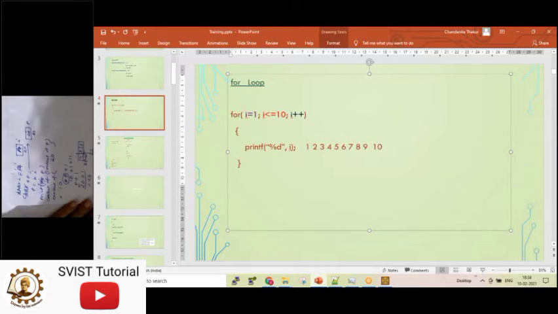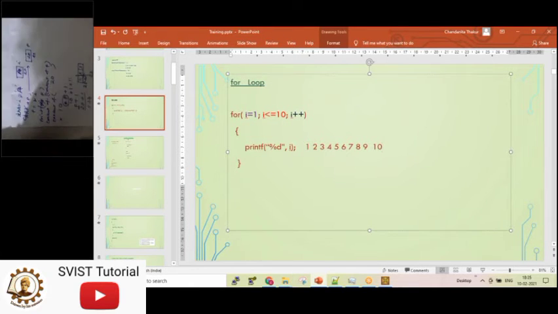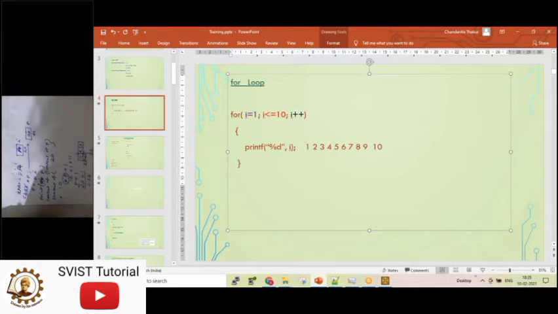So Shujai, it is the situation you need to understand, whether you are doing the same thing again and again or not. If you are repeating something in a similar way again and again, it should be similar. I am not printing 1, then 7, then 8 and then 10, not with equivalent gaps. Then a for loop is not applicable. It applies when something is happening equivalently.